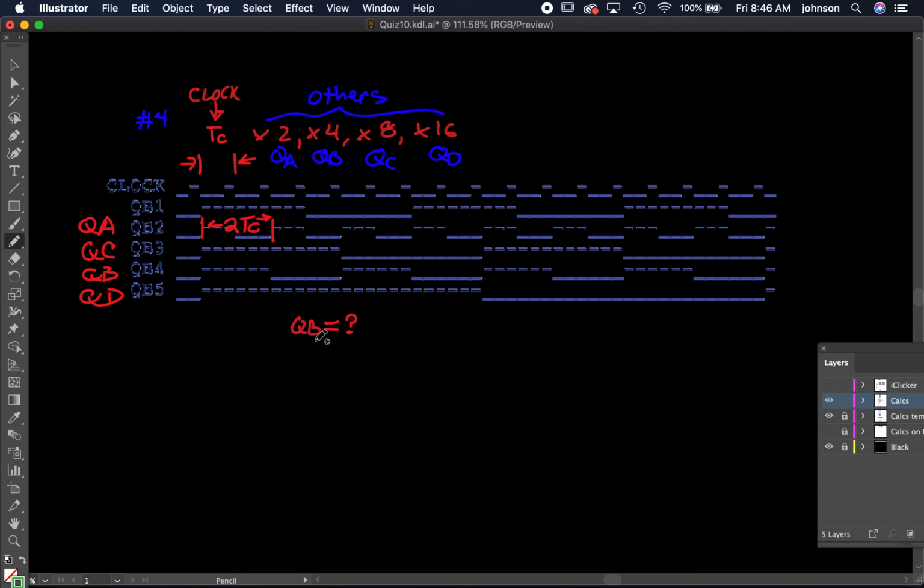But in this question, I'm asking about QB. Well, QB will have 4 times that. All right, and so let's see which one that could possibly be. Looks like this one here. 4 clock periods between this point and this point. Now, this is 1 period of this waveform. This is 4 times the length of this distance here. So therefore, the answer to this question is equal to